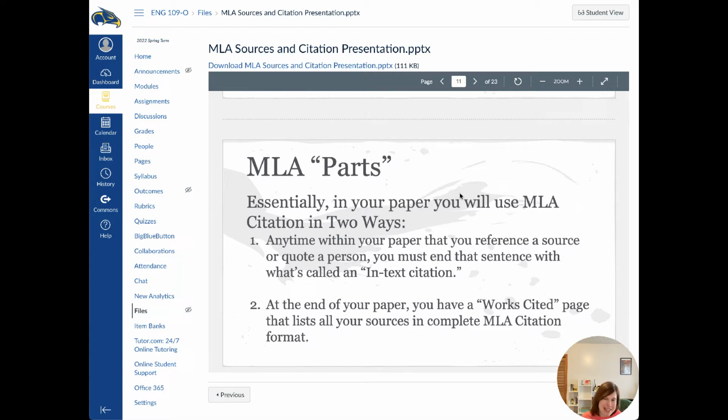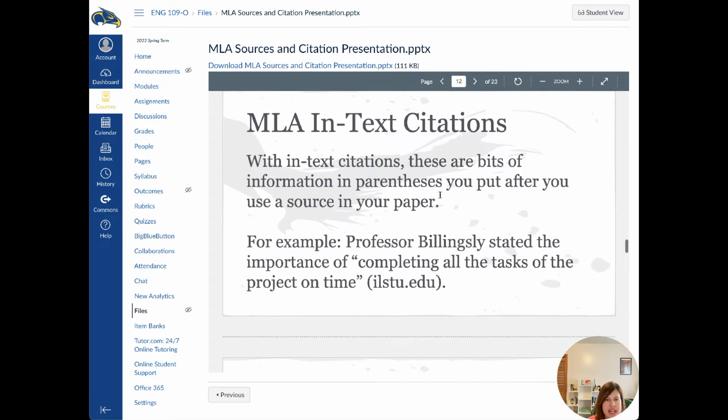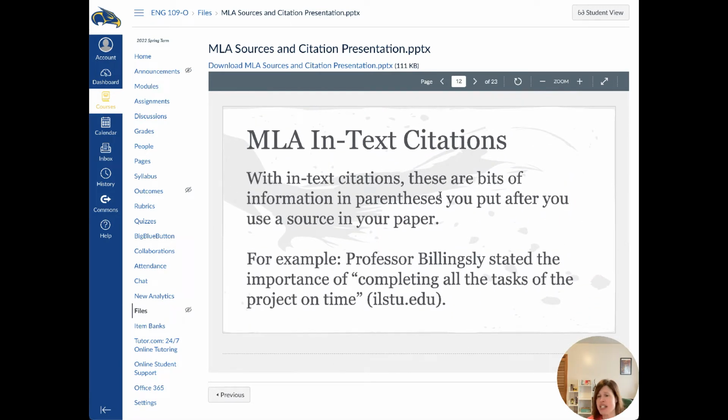The bad thing is that the more options you can cite, the more formatting you need to do. So it can get confusing. And I know a lot of students are like, there's so many rules. But honestly, there's two forms of citation. There's an in-text citation, which you do inside the paper to show exactly what you're citing. And then at the very end, there's a works cited page where you compile all your sources together in one list, right?